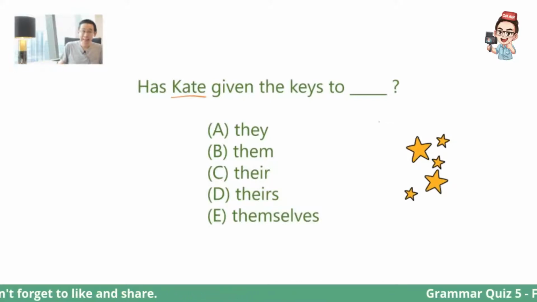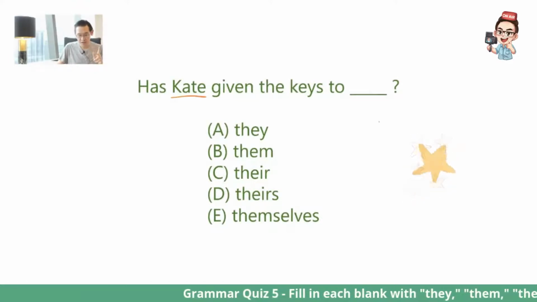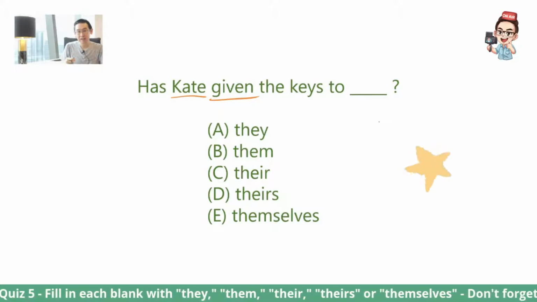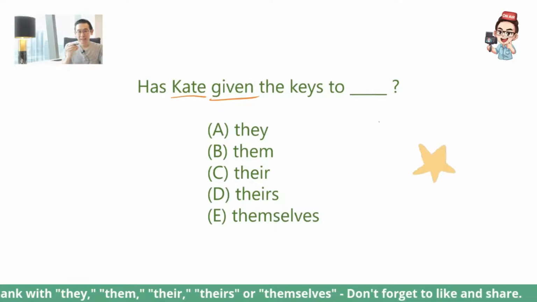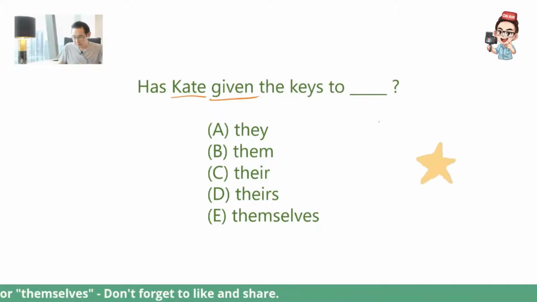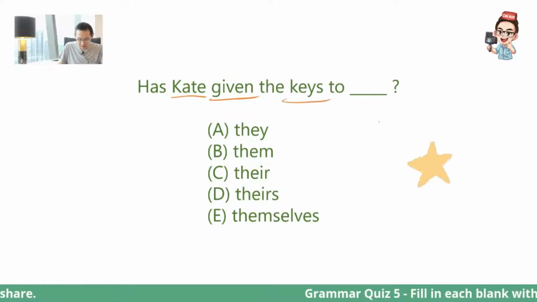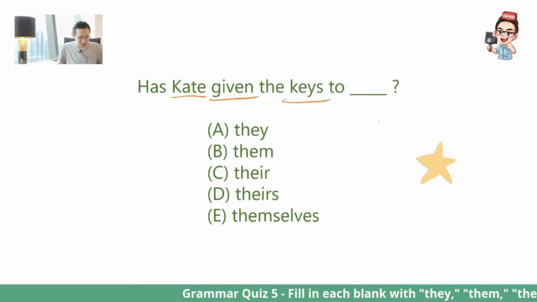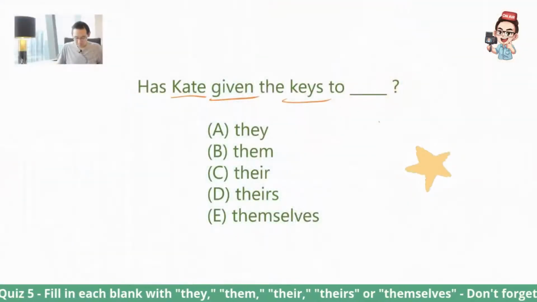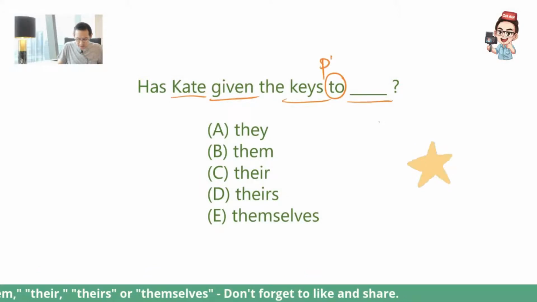So anyway, Kate is the name of the person, and we're asking whether she has given. Okay, so if you give someone something, you take that thing and you pass it to the other person. Okay, that's give. So we are asking whether Kate has given the keys. Okay, so it's a thing for locking and unlocking the door. It's a question. To whom? To blah, blah, blah, right? Now we have to, which is what? A